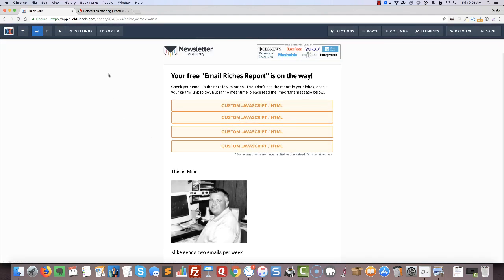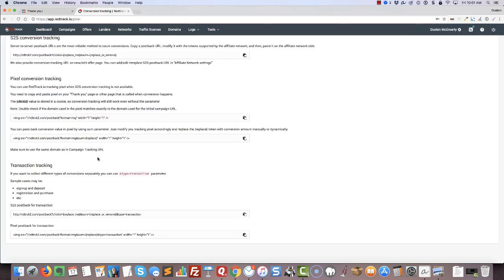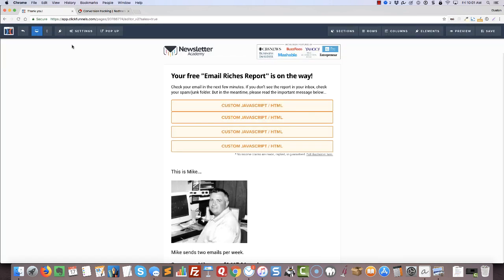And this pixel, the pixel can really go anywhere. It's best to put it in the body though of the page. So